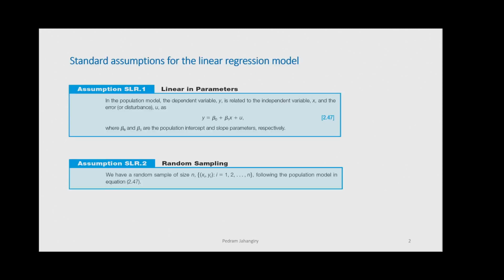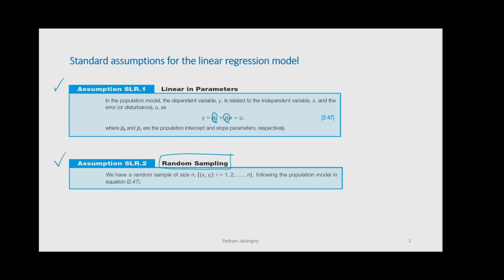So, quickly reviewing the assumptions. Remember assumption number 1, we need to have linearity in parameters. We said that the model needs to be linear in parameters. Assumption number 2 was our simple random sampling. Without random sampling, there's a good chance that our estimates are going to be biased. There's not much you can do for this course at least on this step, because you're given the data sets. And most of the time in the real world,